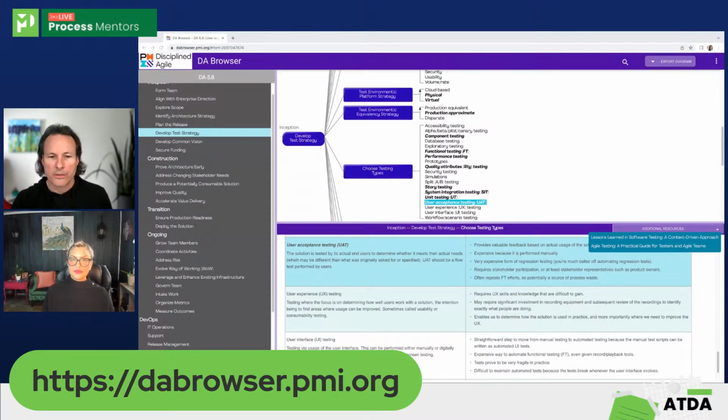Testing strategies, types of testing. So that's great. You'll see some additional things maybe that you haven't had any experience or exposure with, because a lot of what's in this process goal diagram, develop test strategy, is going to be tied into not only a predictive or hybrid type of approach. It's also going to support whether you're doing an agile and iterative approach, or maybe a Kanban,